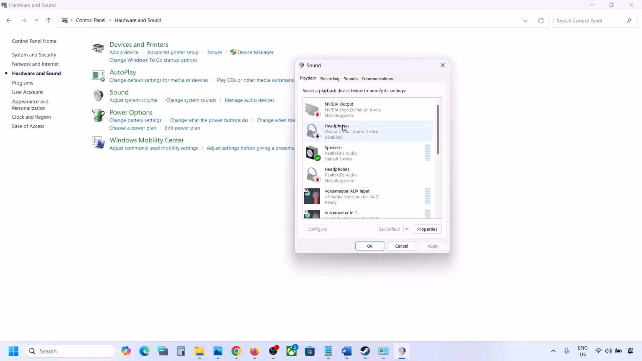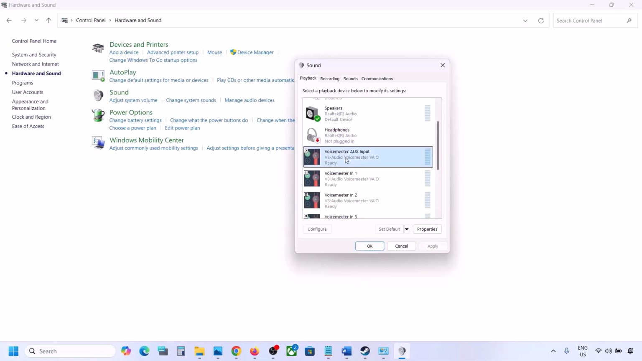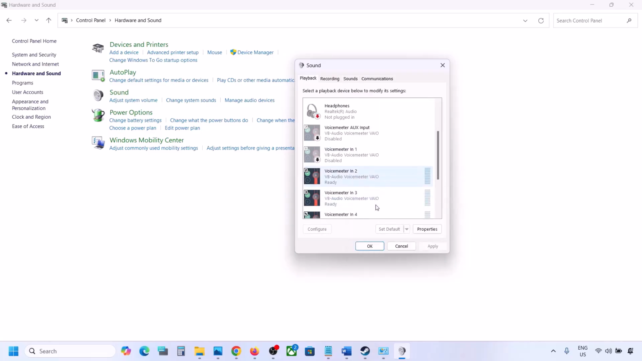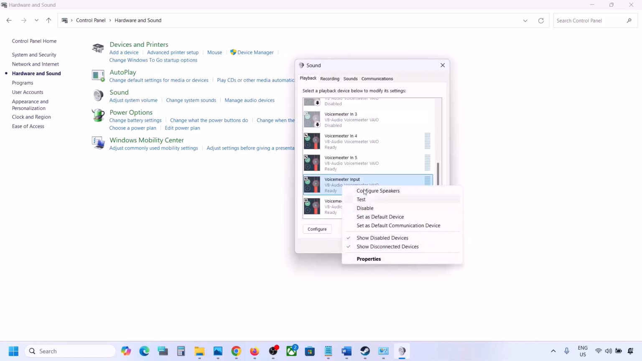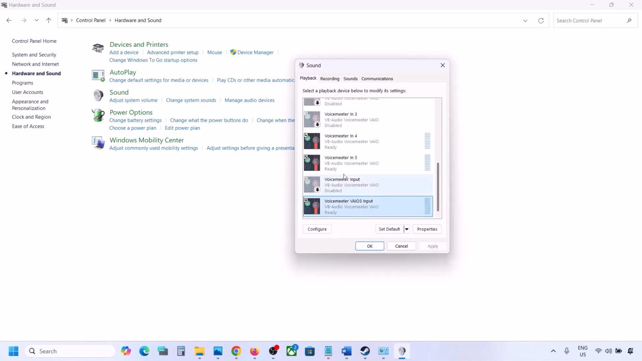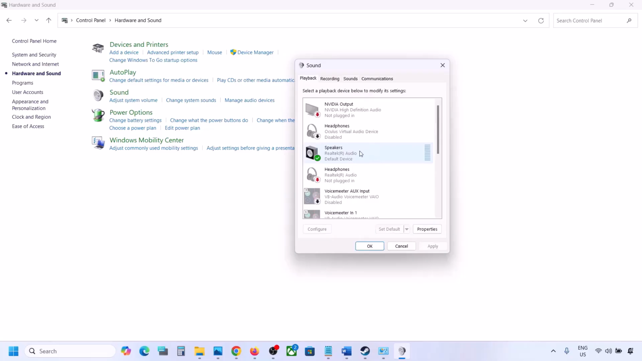Whenever you want to enable, you can simply right click and enable it, but while playing the game, if you want, you can disable it. I'm not using this headphone, I'm not using Voicemeeter, so I will disable everything. So disable audio devices which you're not using. Once you disable all the audio devices which you're not using, you can launch the game, but make